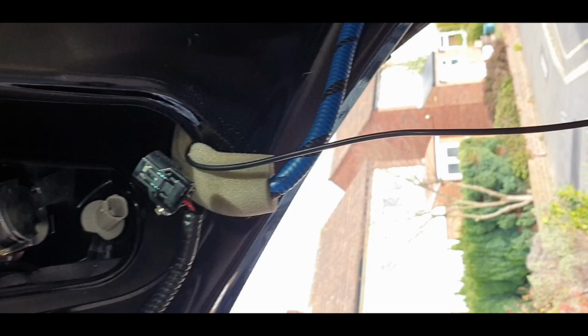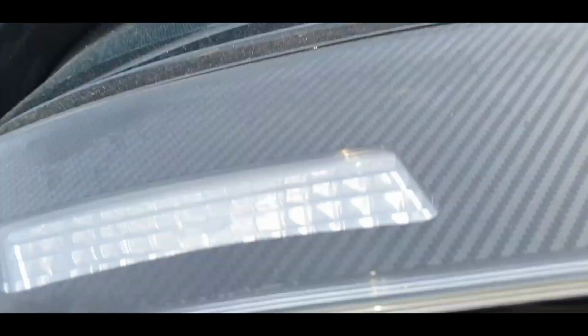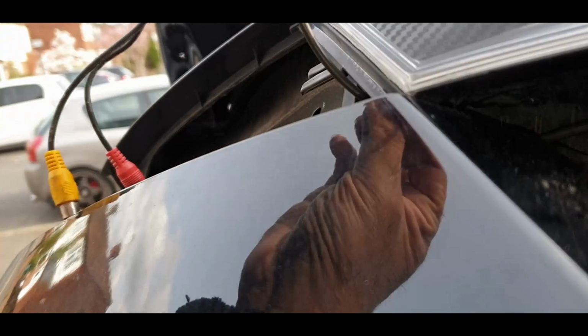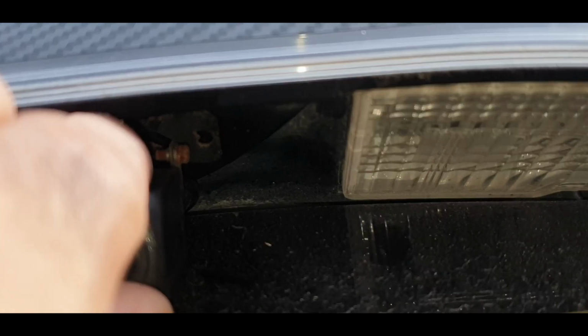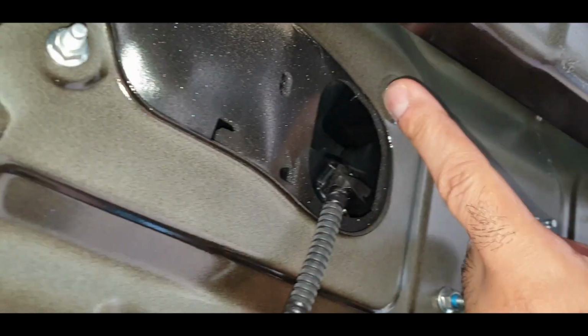There we go. The light is out, and I've threaded the camera through. There's a little gap there, so I've pushed the ends of the cable through there, and they've just about fit. But now I'm looking at this, and it's going to be bloody awkward to get screws in there, so I'm thinking take this out, and in that case we are looking at 1, 2, 3, 4,